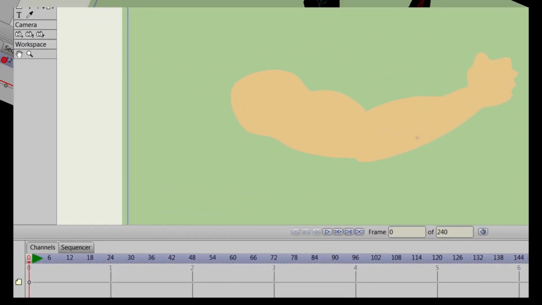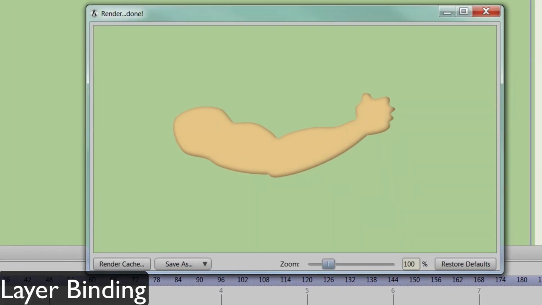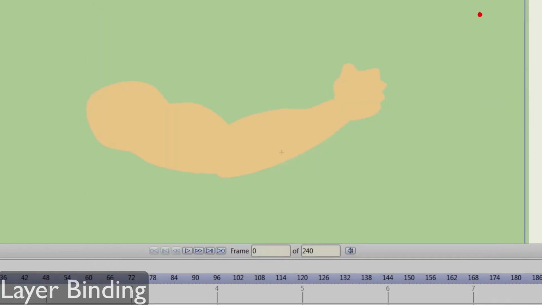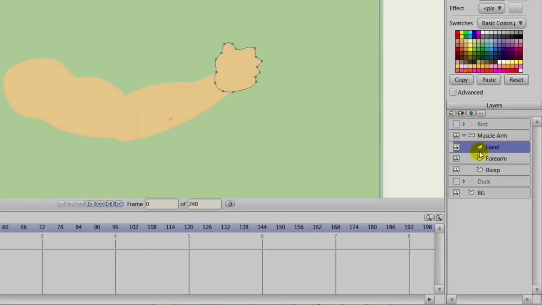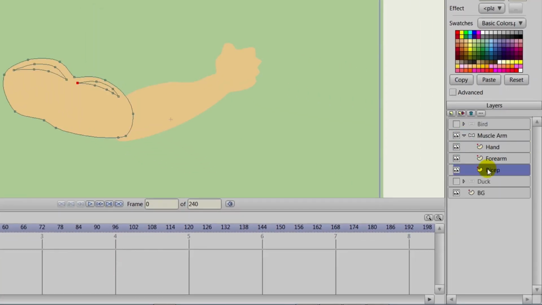Now we have an arm. If we render it out, you can see it's just a basic arm. And it's made up of 3 vector layers in a bone layer. We have a bicep, forearm, and hand. So what we'll be doing here is showing you how to use all 3 of these and link them to their own bones. That way, we can create a different movement that doesn't use the bone strengths. And again, it just makes things a little bit different, and usually this method is better for limbs in other